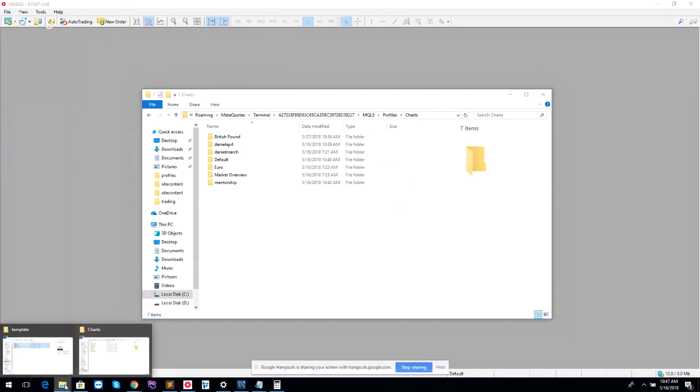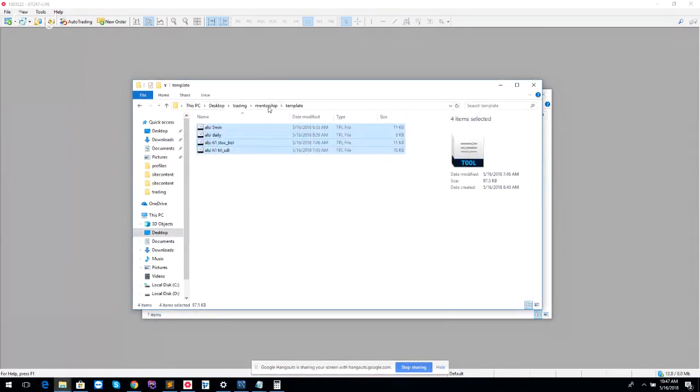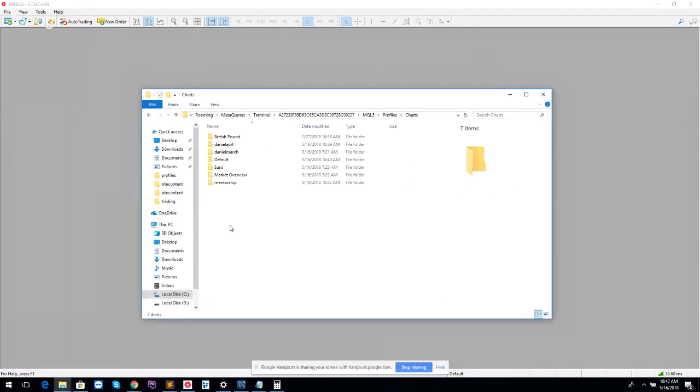And you go to the unzip folder. Mentorship. There's profiles. Double click on that. Click on the mentorship. Copy that. And yeah, just right click and paste. As you can see, I've already got mentorship in there, and just paste it in there. All right. So once you've done that, you need to close the application,